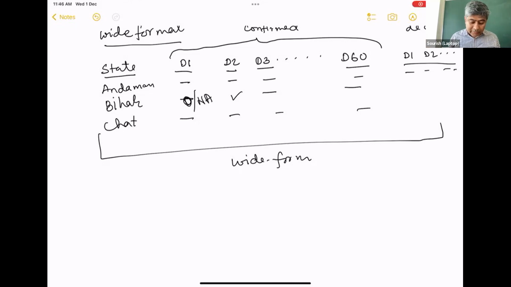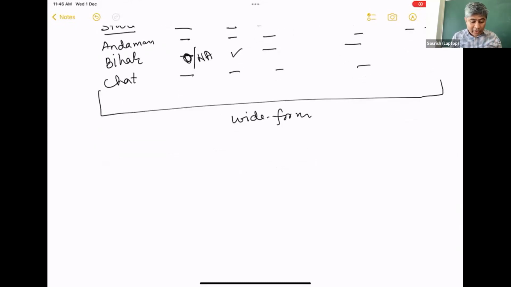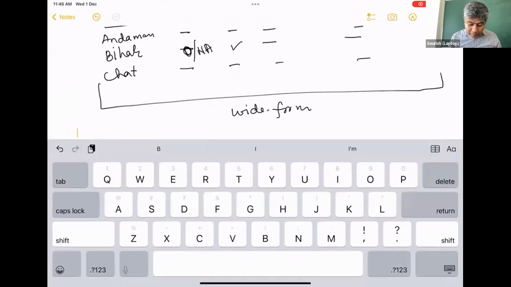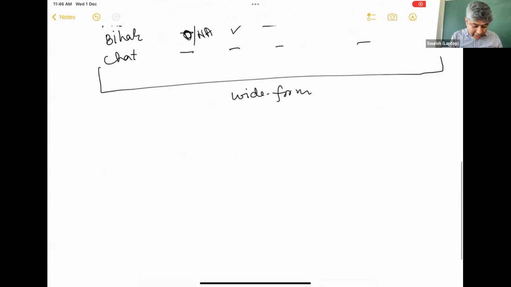Sometimes I personally feel like this kind of pushes us structurally into one corner. So that is one problem. I have seen another way of plotting this, another wide format, which is each state on the column.